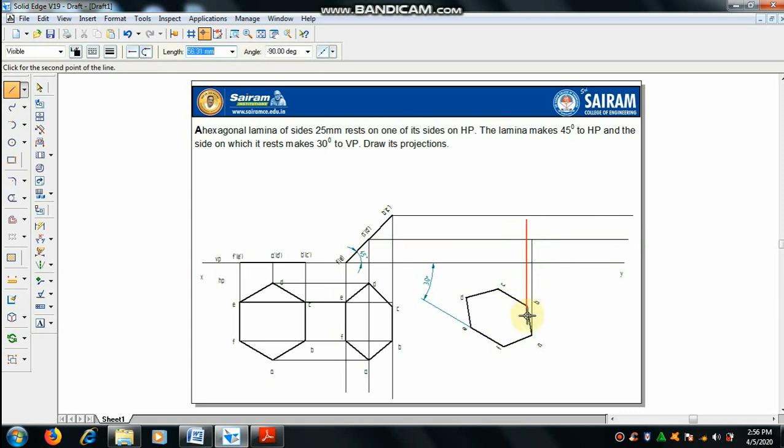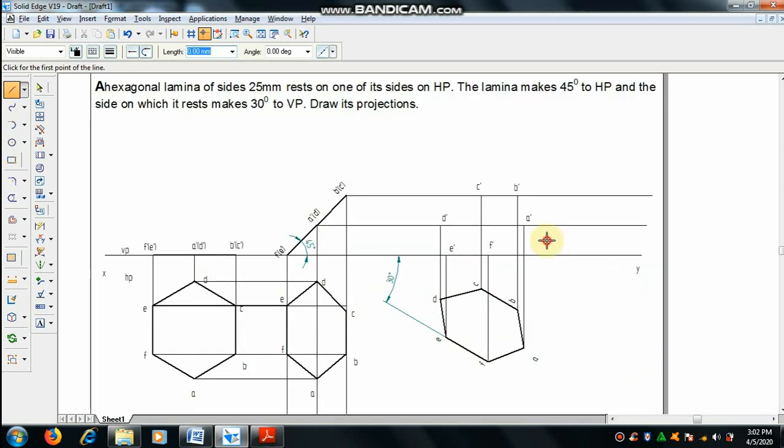So A and A where it meets, select B and B dash where it meets. If not, you can extend and then trim it. And the E to E dash line, point on the line, F to F dash where it meets. Okay, these are all the points.